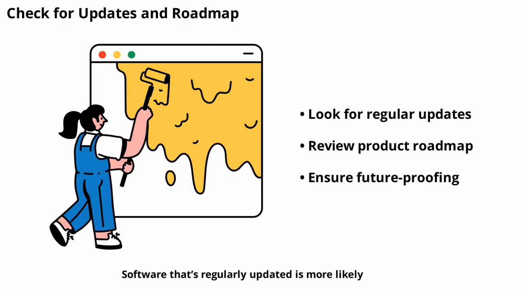Software that's regularly updated is more likely to stay secure and add new features. Check the company's update history and product roadmap. Are they actively improving the tool? Do they listen to user feedback? Choosing a platform with a clear vision for the future ensures your investment will continue to pay off as social